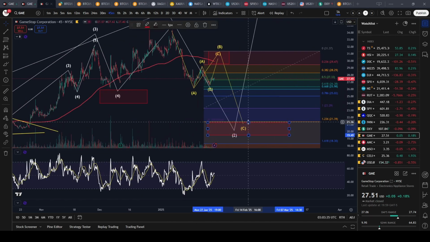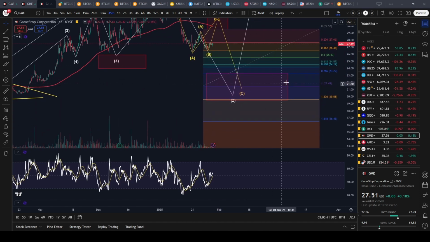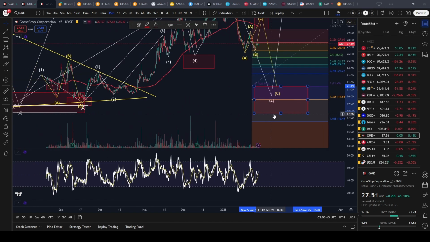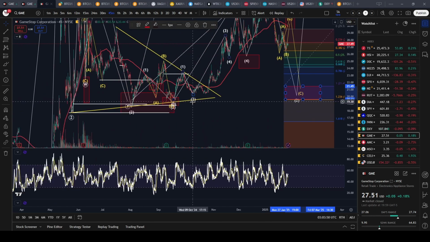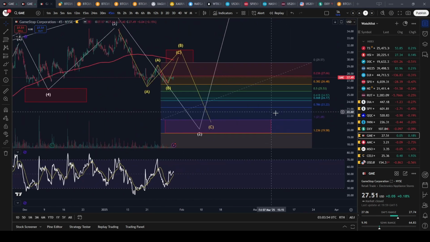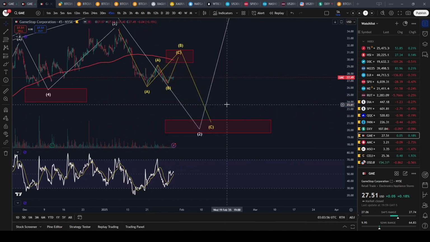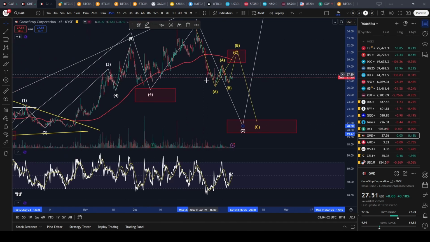But if it were to go to the lower bound of the range, let's just say it gets rejected like 29, then in that case it would be mostly 21.49 to the low of the range. I would probably say right around this area. Now, this is not a guarantee at all. What I'm trying to say is this is what these Elliott wave counts do. They draw targets. But to be honest, the second you break